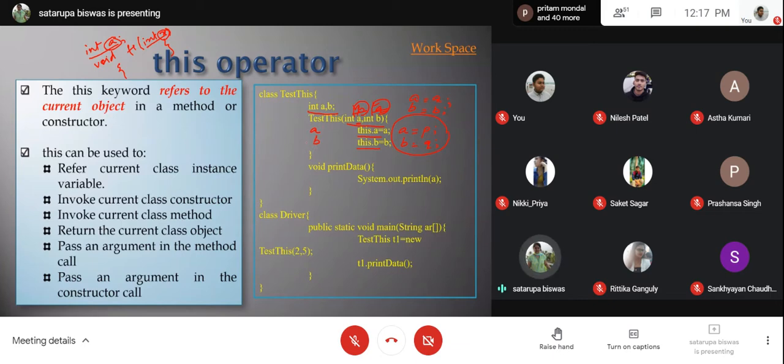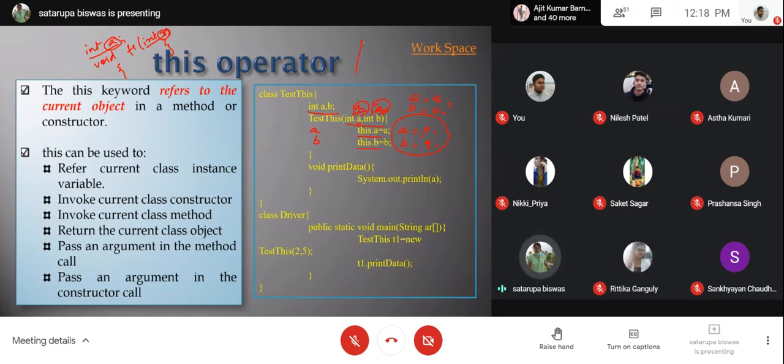As it is a constructor, the caller object is the object which is being created here. So when you are creating any object like Test t1 equal to new Test(2, 5), you are passing through this. So t1 is actually the caller for this Test constructor, which is sending a equal to 2 and b equal to 5 here. Okay. So when you write here this.a, that means it will be the a of this t1.